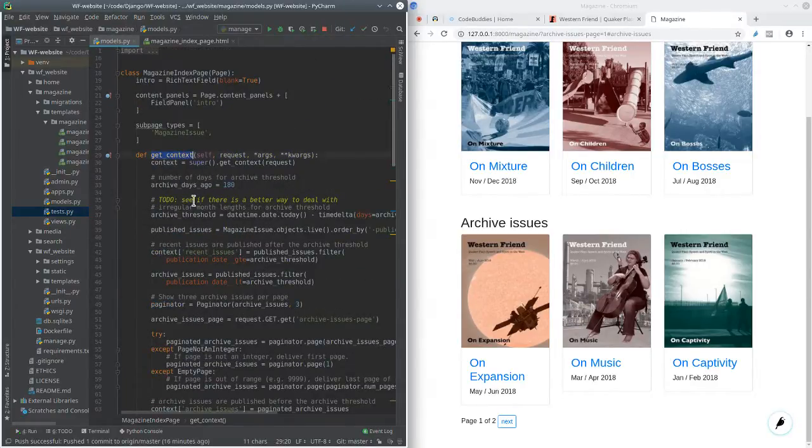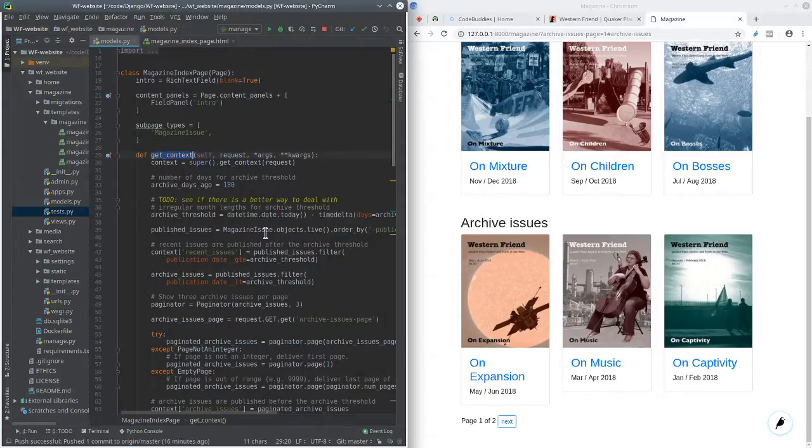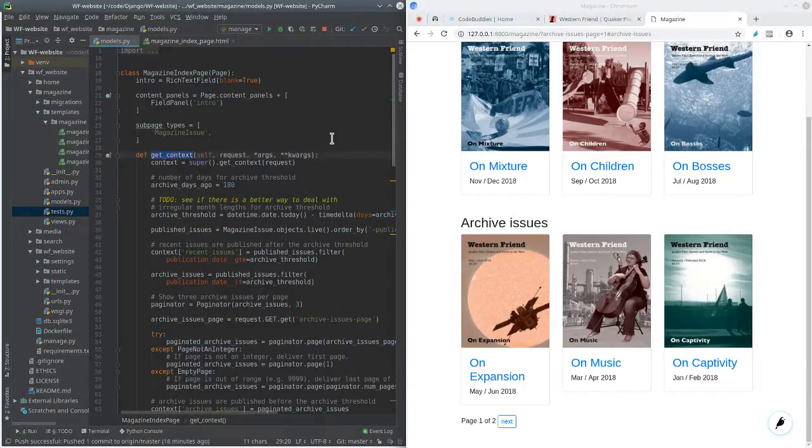I'm not sure if this get context is Wagtail specific. Yeah, it looks like at least it comes out of the page instance. But in any case, let's move on to the other significant change that we made today. This was